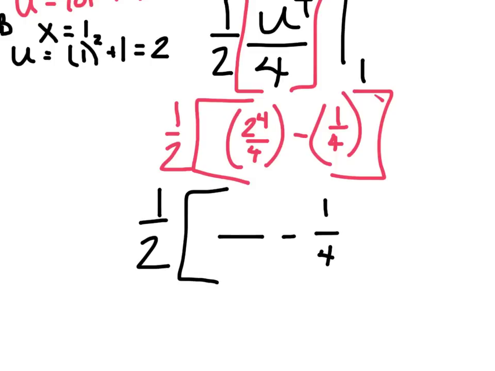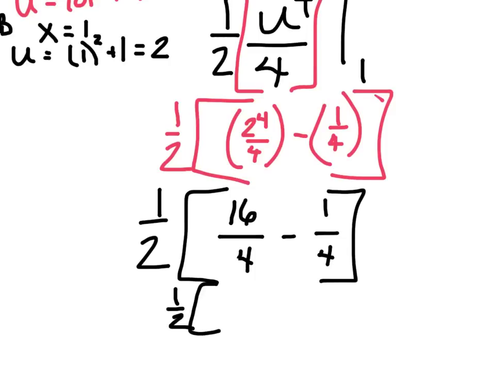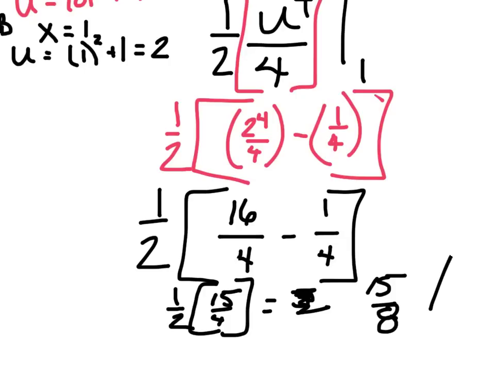So I've got 1/4, 4. That's 2 to the 4th is 16. So I've got 16/4 minus 1/4 gets me 1/2 times 15/4, or 15 over 8. And that's it. We've integrated a definite integral with u